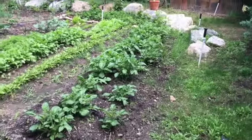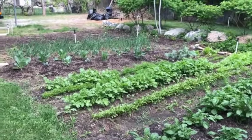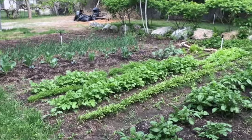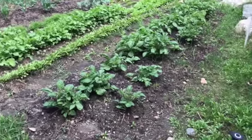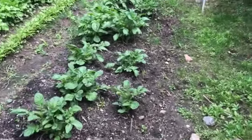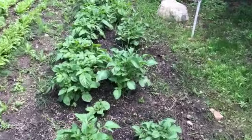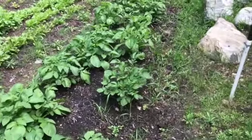As I was describing, as you see, we have some bare soil here. And what we have with the bare soil is lots of little weeds everywhere. So the garden needs to be cleaned up. It's not in terrible shape. It doesn't take hours to do this. It takes maybe 30 minutes to get it back on track. But if I had moisture retention mulch here, it would be weed suppressing,